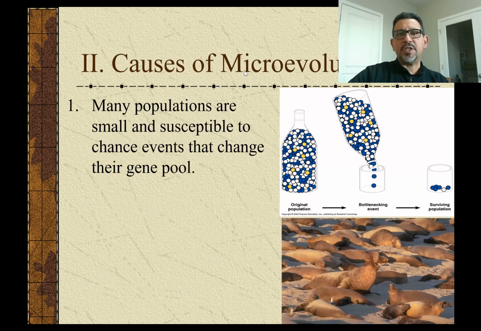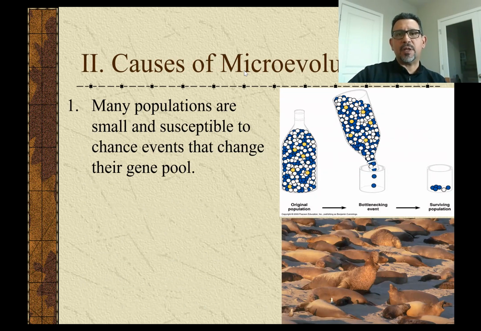Many populations in nature are going to be naturally small. For example, there's never been enough panda bears in China, I said Africa, completely wrong continent, there's never been enough panda bears in China to number the same as the number of ants you have in the same place. And so some populations are naturally going to be smaller in number. Other populations are going to be larger.